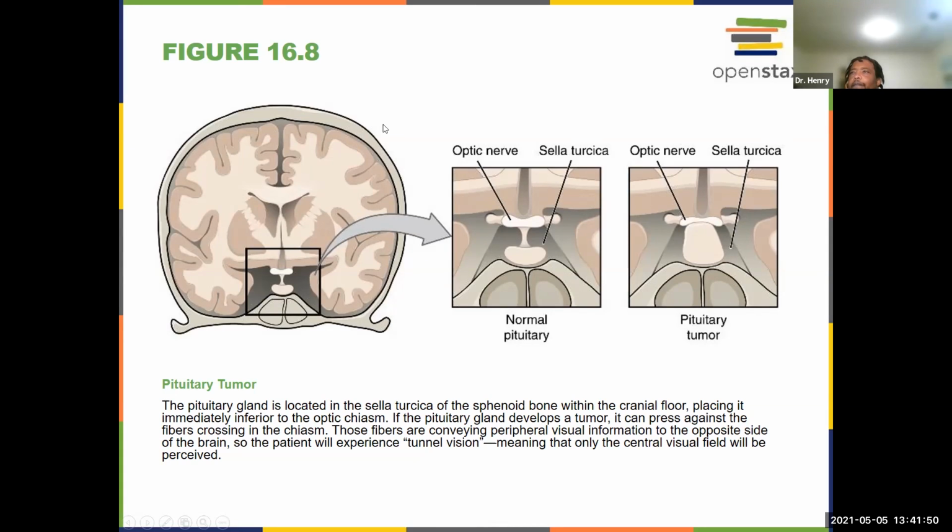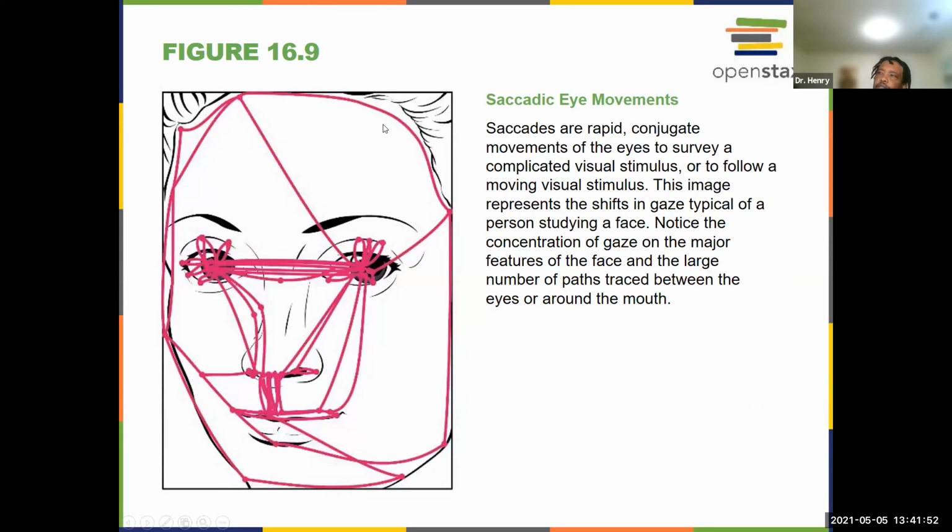Saccades are basically that rapid eye movement that is a result of a visual stimulus. And so in this case, a large part of it is going to be